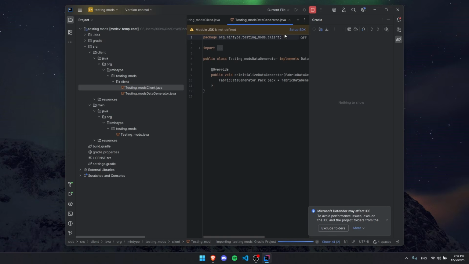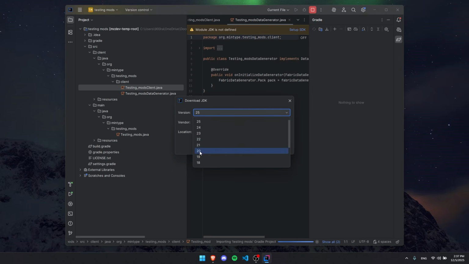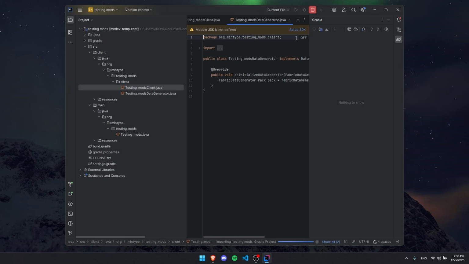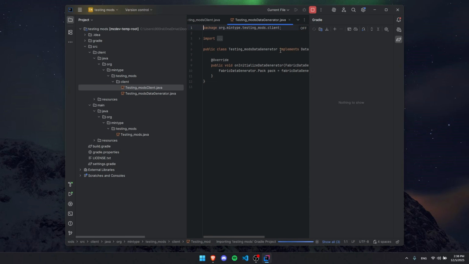If you guys get this message up here saying module JDK is not defined, just press setup SDK and we're going to be using 21. If you don't have a 21 here for Java 21, just press download JDK and then click on 21 and get that. That's the version that we're going to be using because that's the version that they use for this